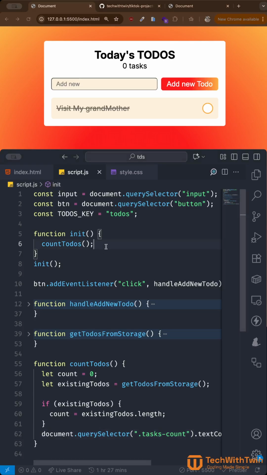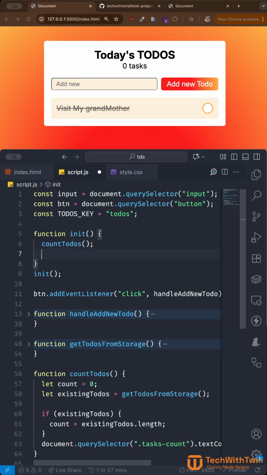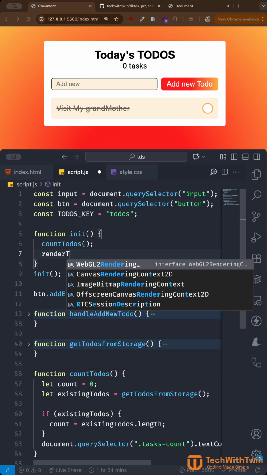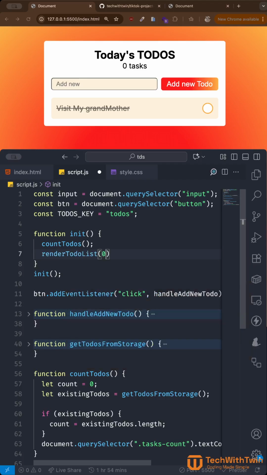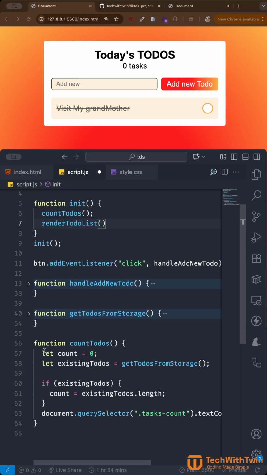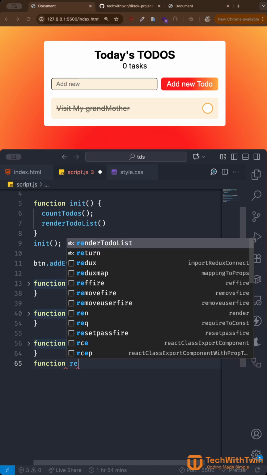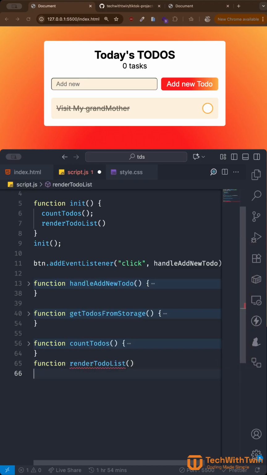Let's add the ability to render the to-do list. So this one is the to-do list. We need to render that from the local storage. We get that data and render it to the HTML. So we can say render to-do list. So let's create this function. We say this function's job also is very simple. Function render to-do list. It will still do the same thing we have done with the count,